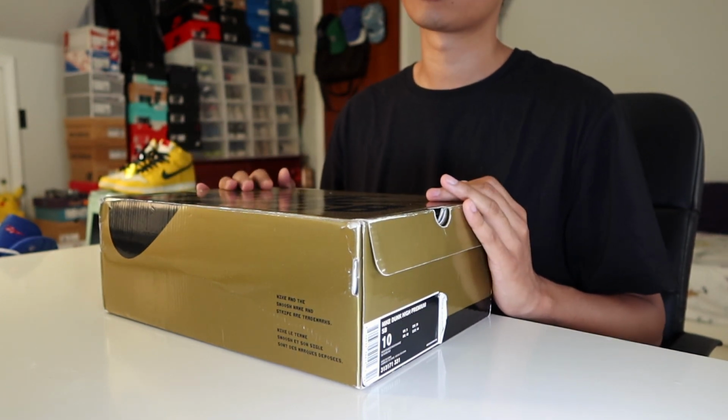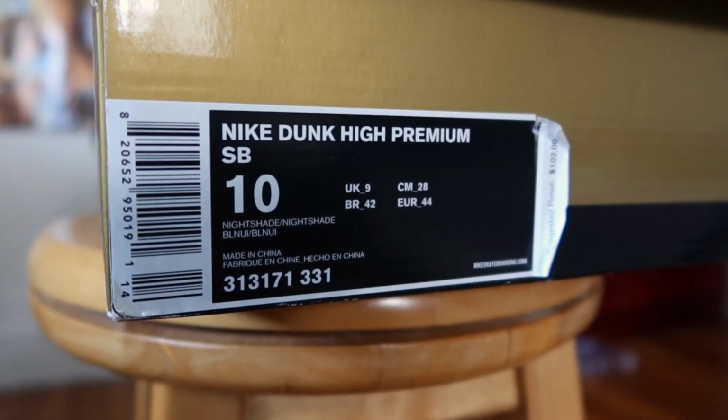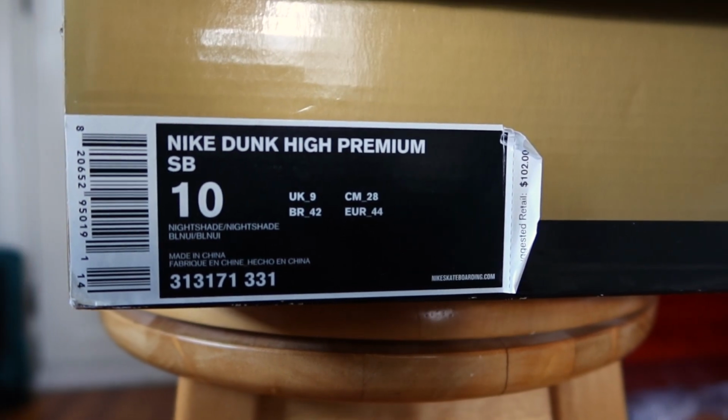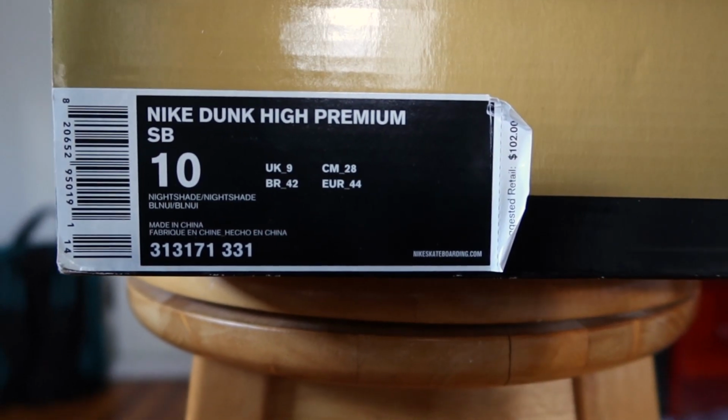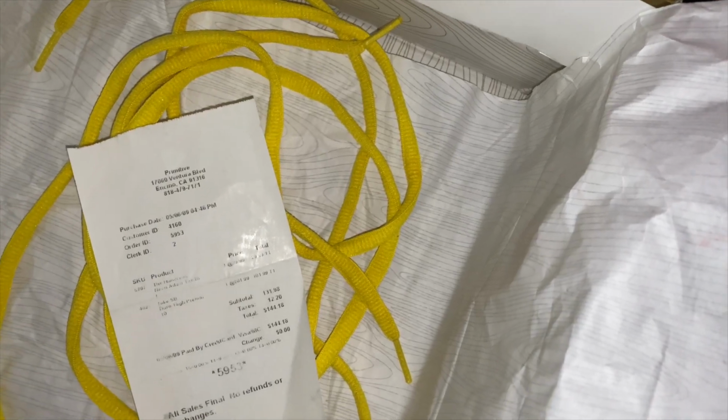last, Gold Box release. Quickly looking at the size tag on here, these are Nike Dunk High Premium SB in a colorway noted as Nightshade/Nightshade. Surprisingly on here too is the suggested retail price of $102, which was back from 2009. In the box as well was the original receipt from Primitive out in California, which is a great thing to